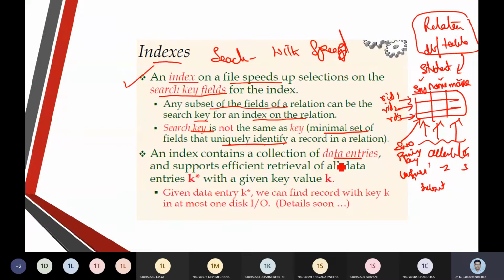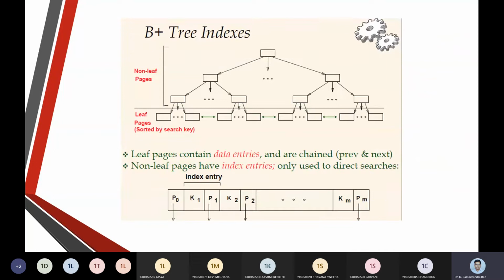So we have an index, which is a collection of data entries used for effective retrieval of data, called k star, which is given for the key k. So we have the data entries as k star, and we can find the records with k for the identification of the input and output.